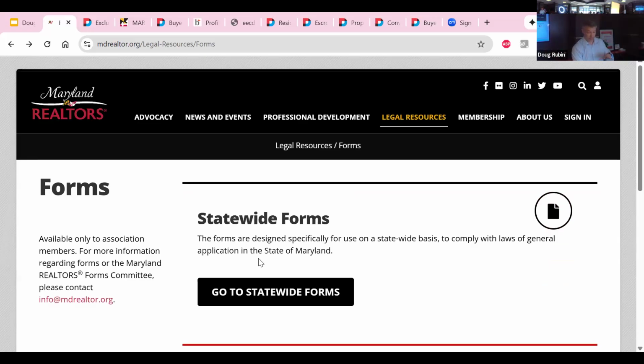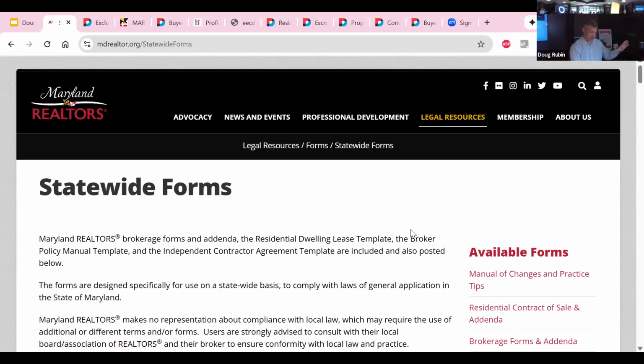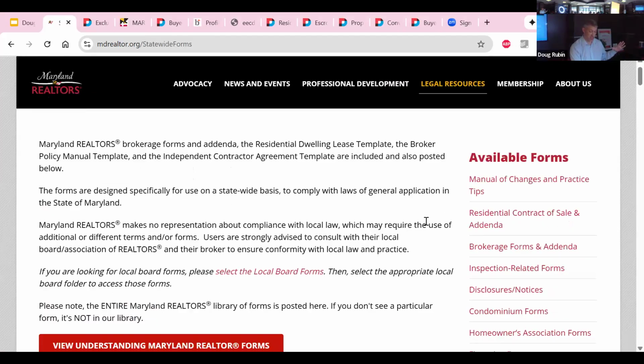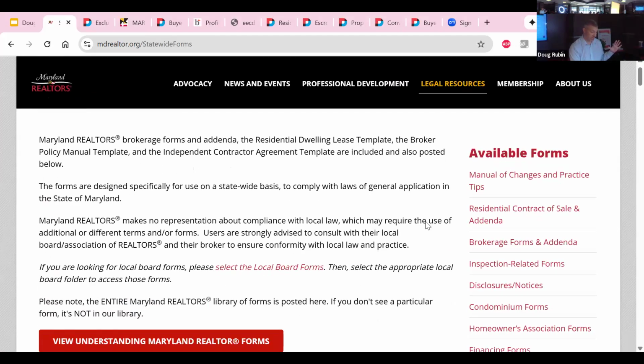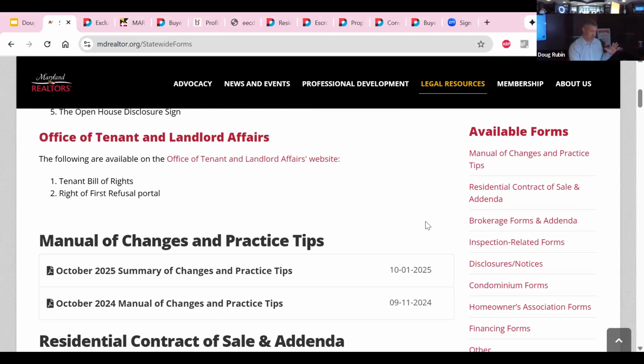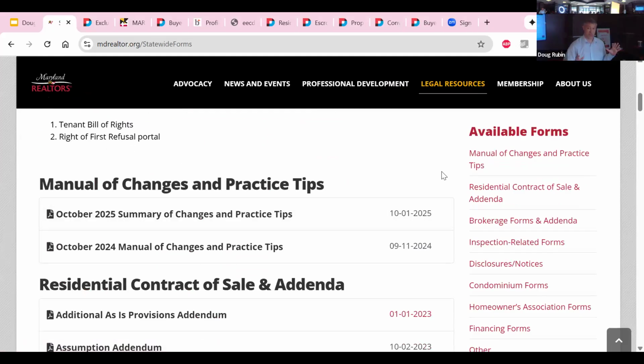Pretty much everything we're going to be talking about today is from these statewide forms, and this is the committee that I'm on, right? So I'm just going to dive in here so we make sure we all understand what it looks like. The couple things that I'm going to highlight: every year, as I already mentioned, in October, they make little adjustments, right? They actually provide a summary of changes document and little worksheets essentially that let you know what